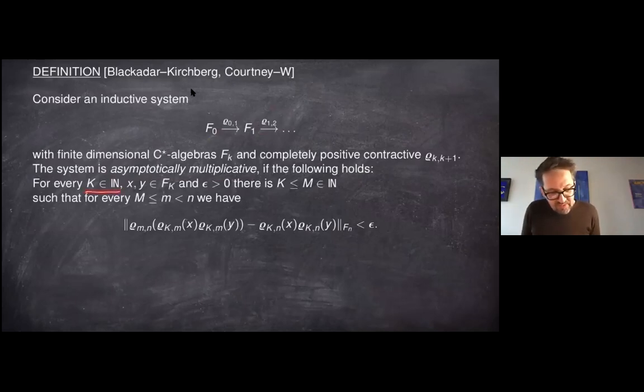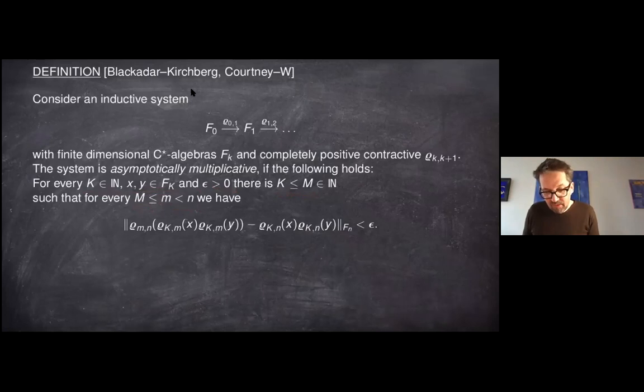Whenever you fix an index capital K and x and y in F_k for that index, and you fix a tolerance, then there's another index M bigger than K, typically much bigger, such that whenever you have two further indices, little m and little n, bigger than this far bigger index capital M, then if you look at the connecting